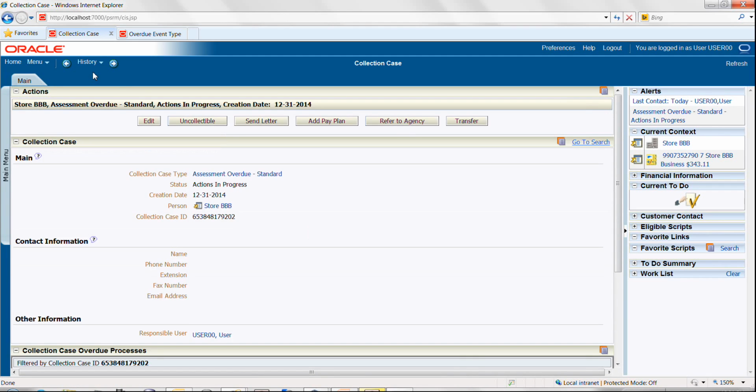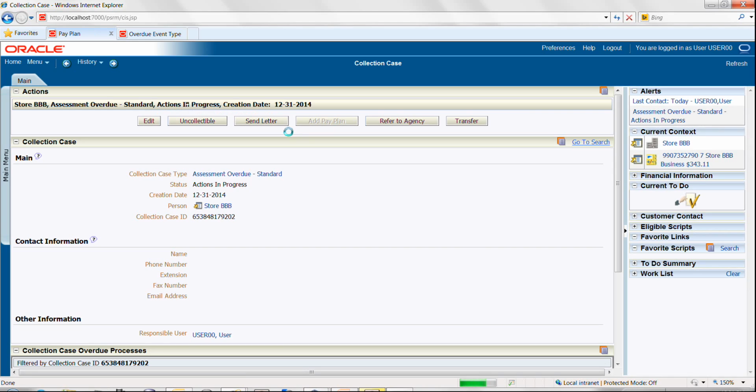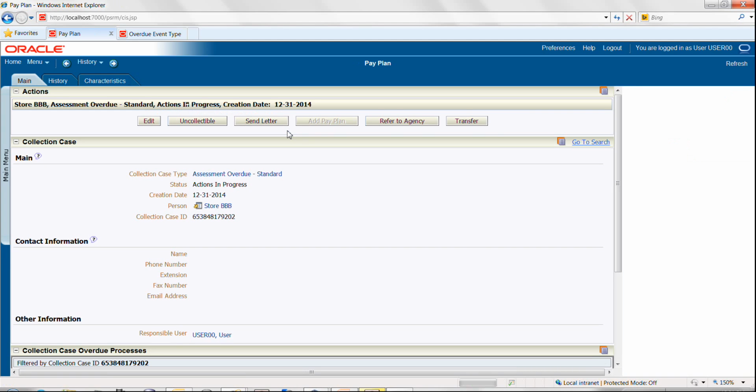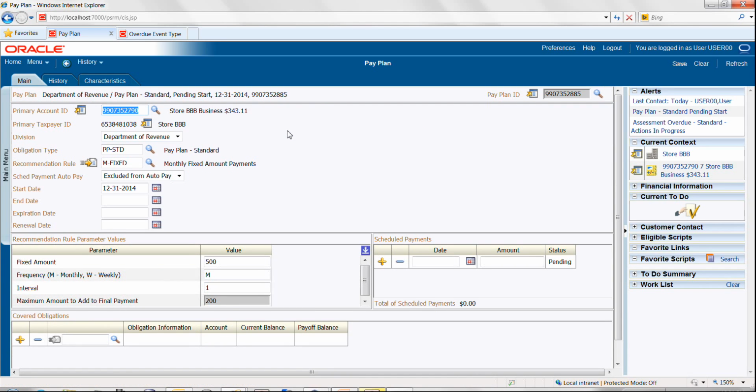So a pay plan, let's see, if we added a pay plan, we can add a pay plan. A pay plan is a way of encouraging a taxpayer to pay in installments, basically. And it should take us to the pay plan. And in fact, what I can do over here is